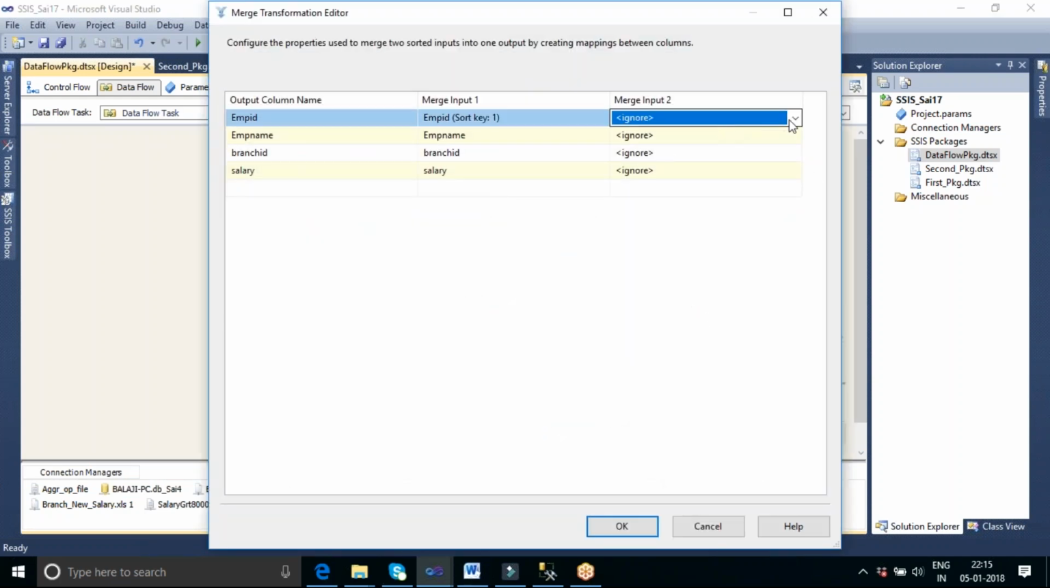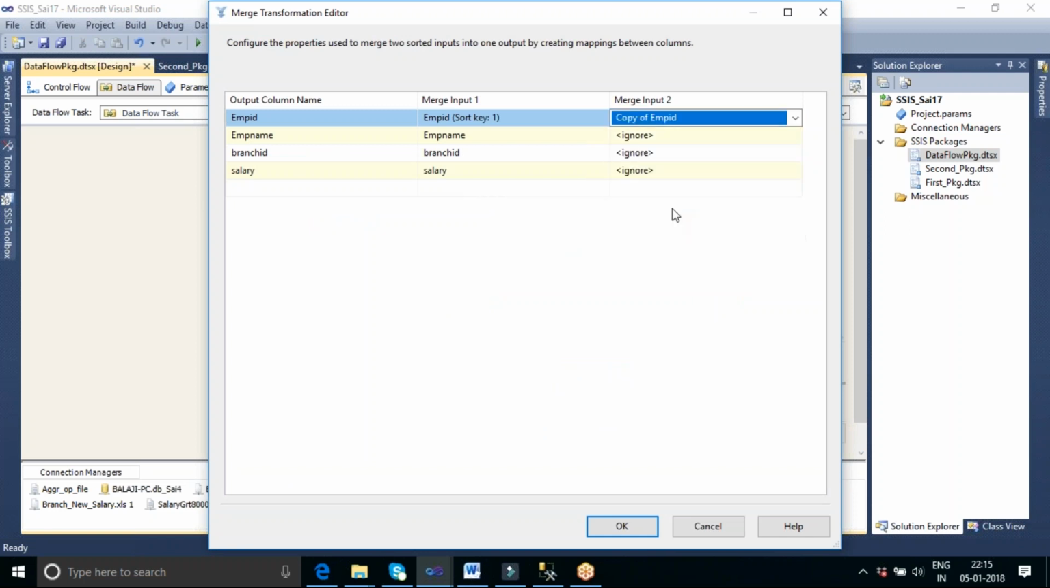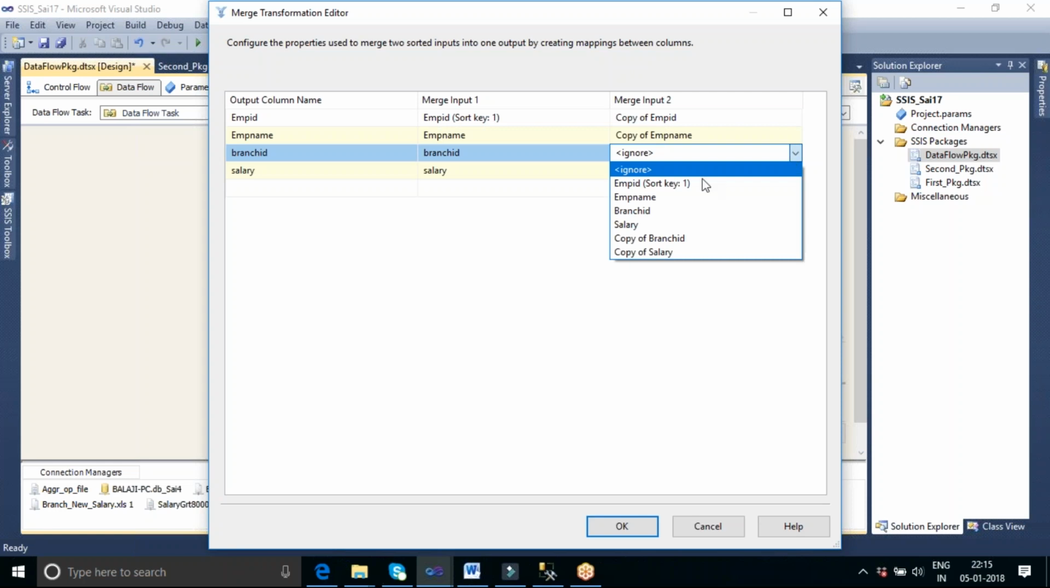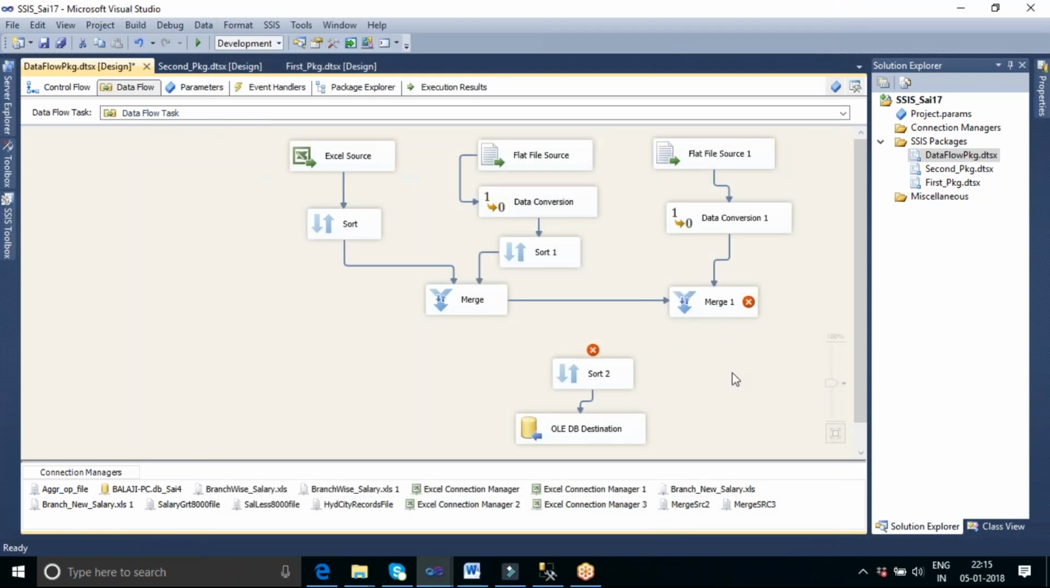Now we need to map the copy of employee. So not the old column, we need to map the copy of employee. Okay, and let us take the copy of employee name, the copy of branch ID, and the copy of salary. Okay, now